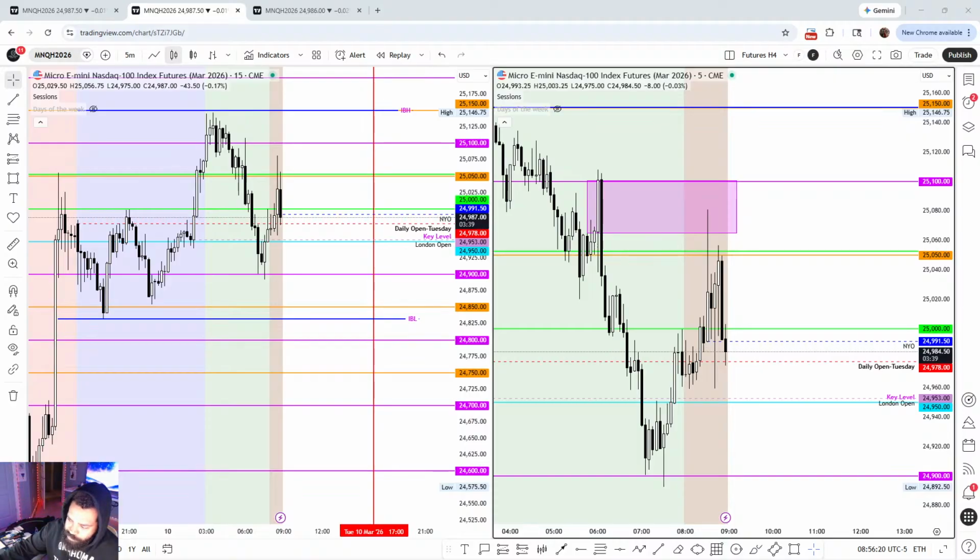Now, if they sweep this area and the 24.9 fairly quickly, then I'd look for plays under IB low. But they'd have to break below this New York and daily here. And it looks like YM's getting ready to come for those lows, so let's see what we get here. And ES still holding 775.